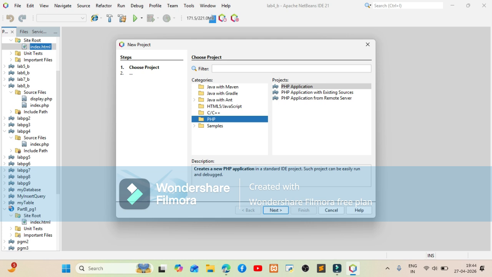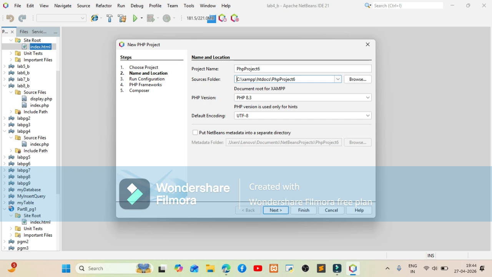By default, PHP Application is selected, so let it be. Click on next. You see the folder C:/XAMPP/htdocs. NetBeans automatically takes us inside the htdocs folder under our XAMPP folder.